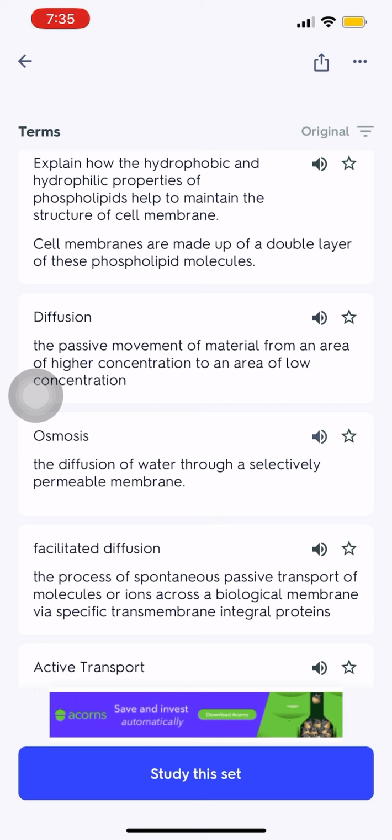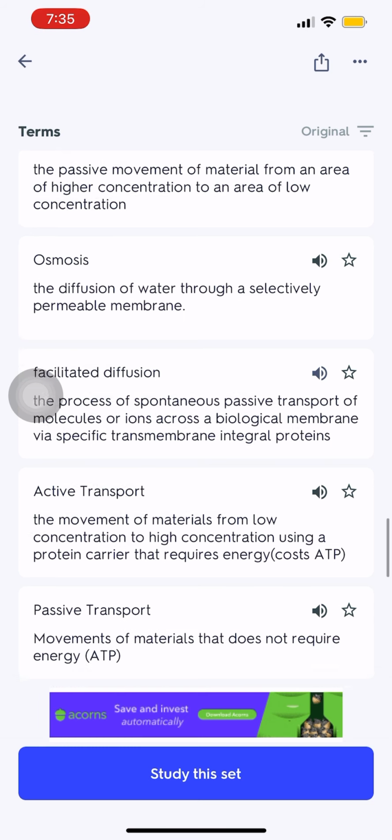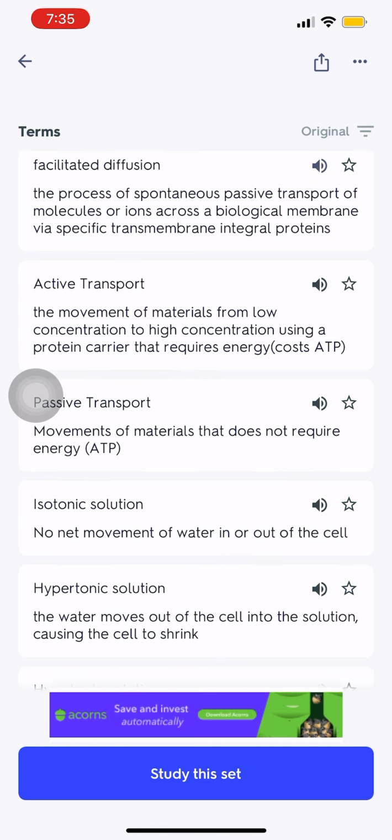Osmosis, the diffusion of water through a selectively permeable membrane. Facilitated diffusion, the process of spontaneous passive transport of molecules or ions across a biological membrane via specific transmembrane integral